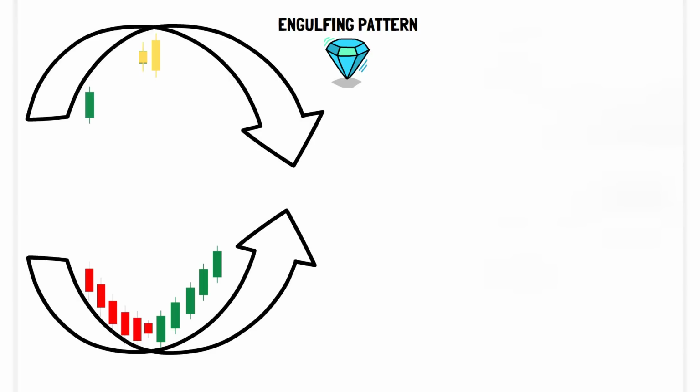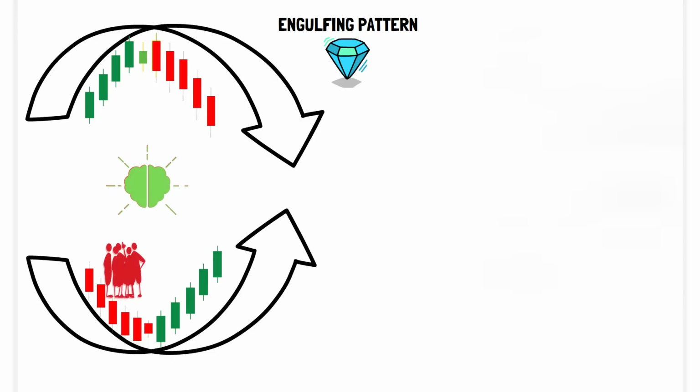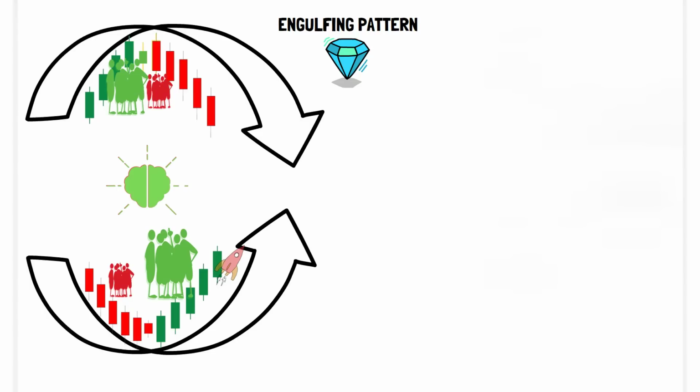The opposite happens in a bearish engulfing pattern. Psychologically, the engulfing pattern shows a clear shift in market sentiment. In a bullish engulfing pattern, the market shows that the buyers have completely overwhelmed the sellers, and there is strong upward pressure. On the other hand, in a bearish engulfing, the sellers have taken over the buyers, signaling a shift to a